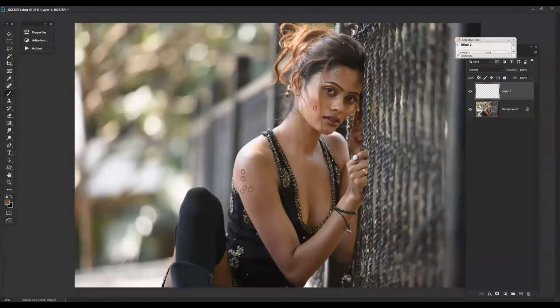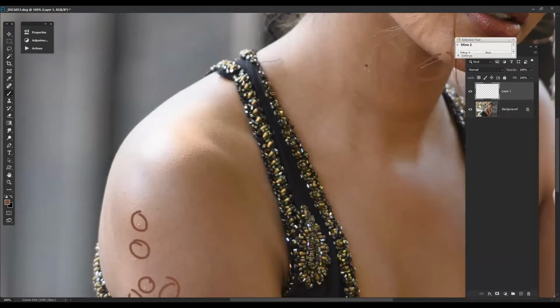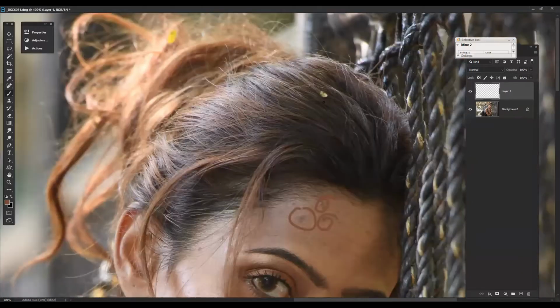Suppose there is one more area where we can check in. These hair parts, little flanges of hair. So we have to always see the image beforehand.